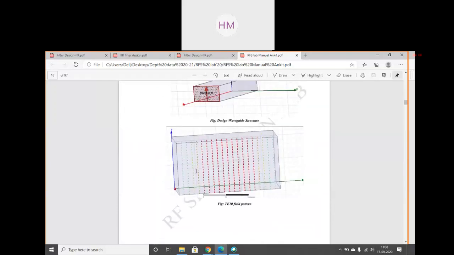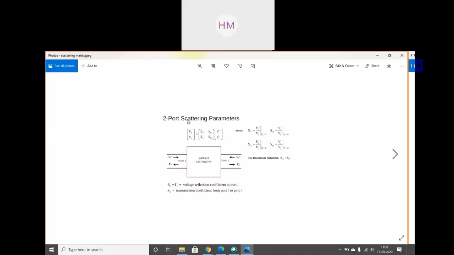And now I will tell you the scattering parameters also. See, this is a two-port network. This is my input, this is my output V2. The reflected or the losses coming back to my input port is V1 dash, and V2 dash. So how will I write the two-port network equation?